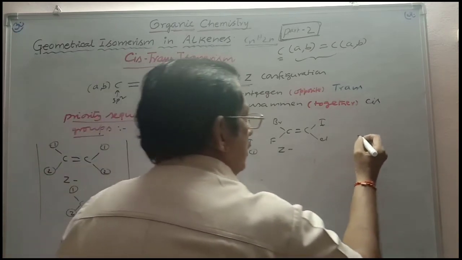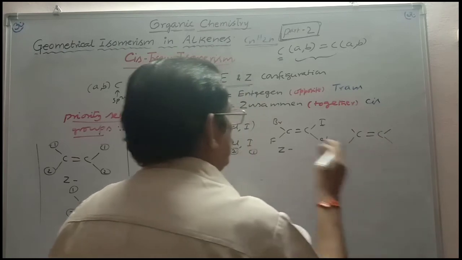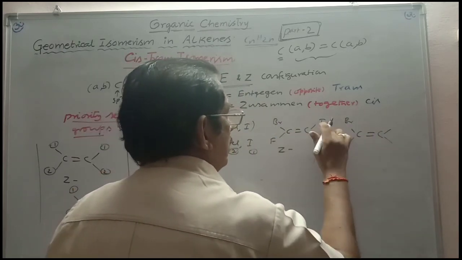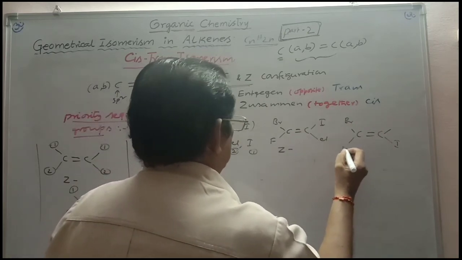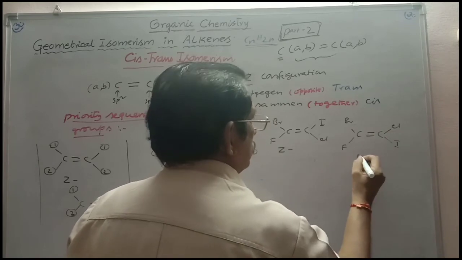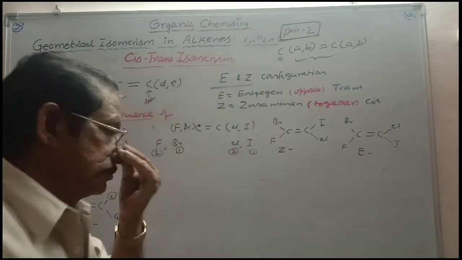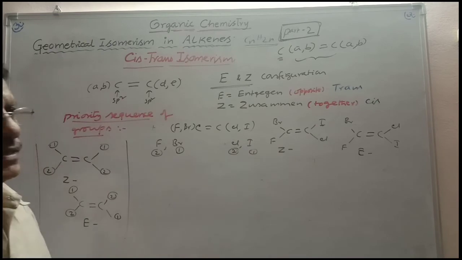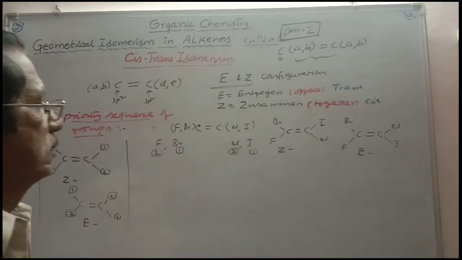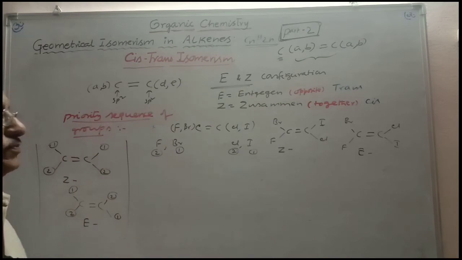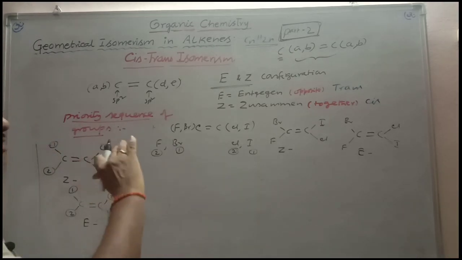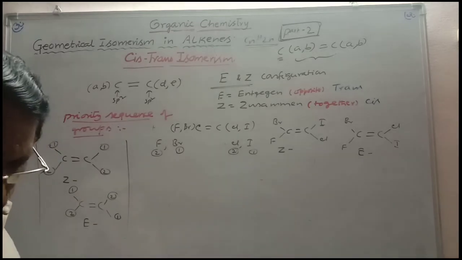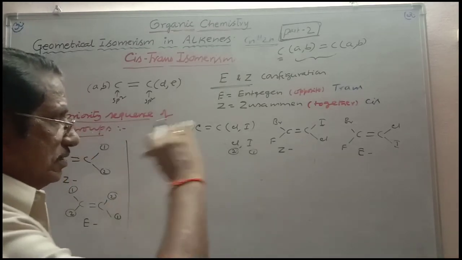Similarly, you can take C double bond C with first priority Br here and first priority I here on the opposite side, so the higher priority groups are on opposite sides, and here Cl and here F. This is what you call E. In this way, we can write the isomers. You can take any of these isomers and write them simply this way. Okay? That is how to write the EZ configuration. This is the EZ configuration you have to remember.